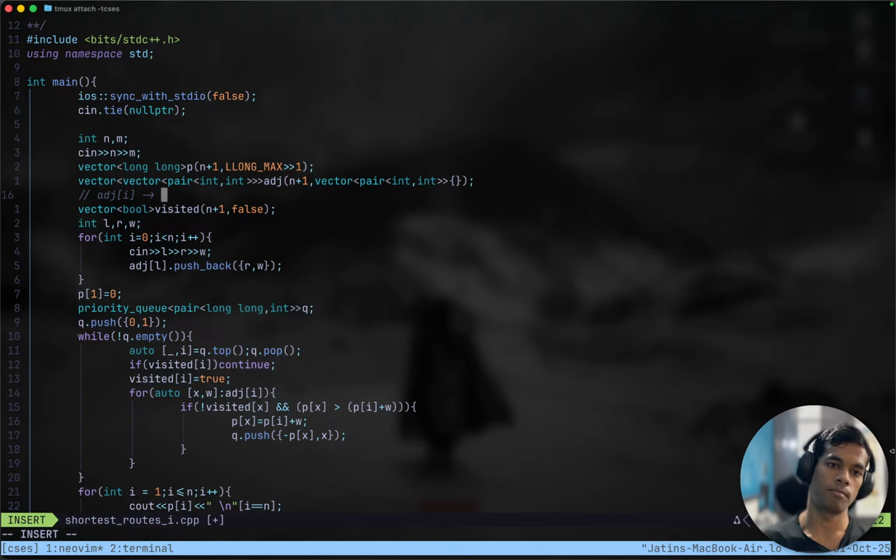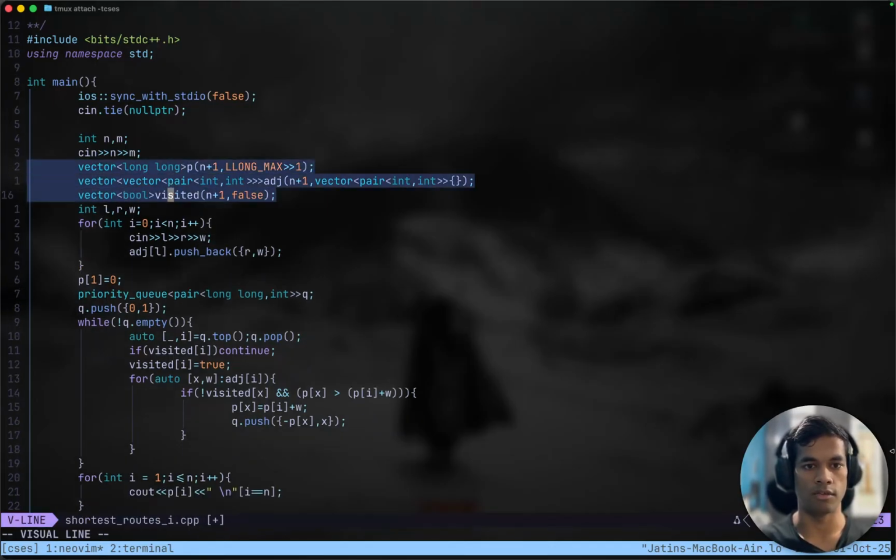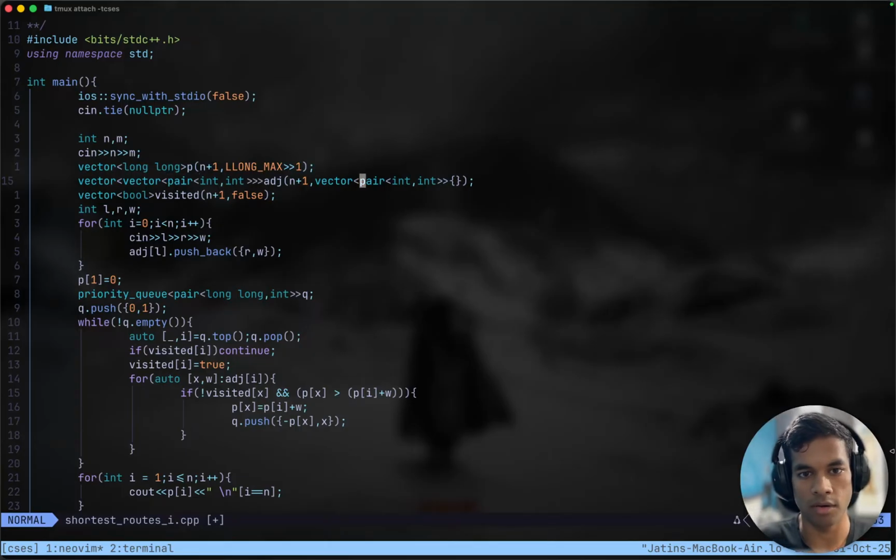And in that pair, the first number is the other node that this ith node is connected to. And the second number is the weight of the edge which is connecting these two nodes. So yeah, that is cool. And pair only stores integers. That is also true. And then we are, this has to be m because the number of edges that we have is m, not n. So we go through and we take all the edges in,